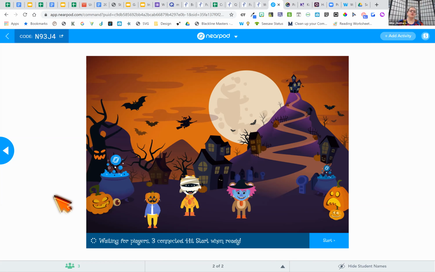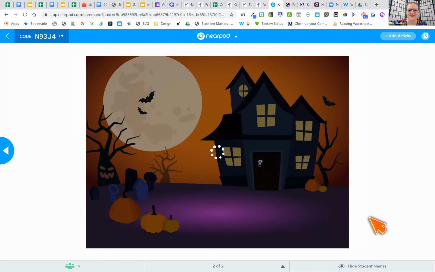So what is going to happen here is it's similar to Quizlet Live, where you have the questions on your screen, but instead of showing those little circles on my teacher's screen, we are going to be climbing this hill to the haunted house. So you're going to see your little characters climb the hill as you answer questions. So I'm going to go ahead and choose start. These are all about baby animals, by the way. I didn't tell you what you're being quizzed on.